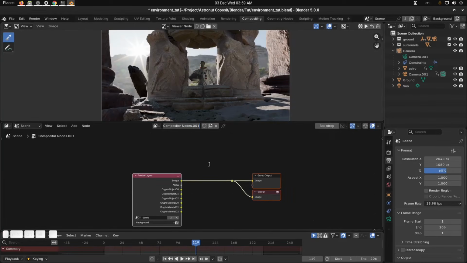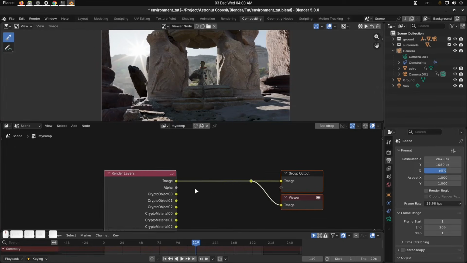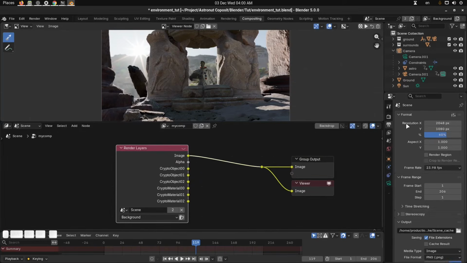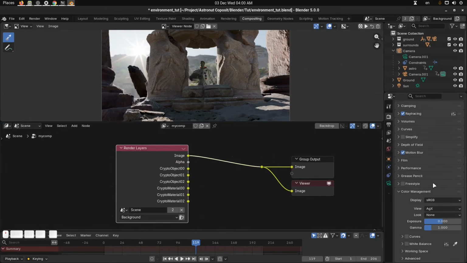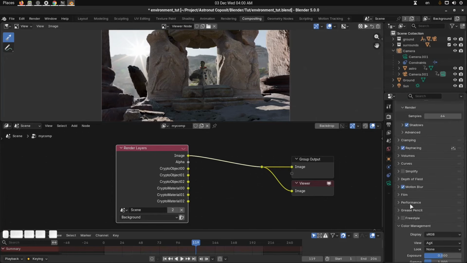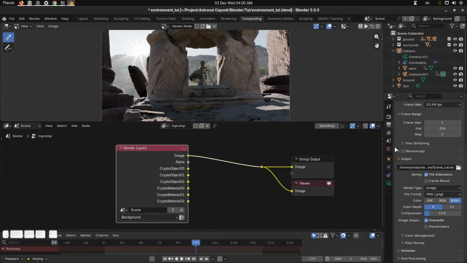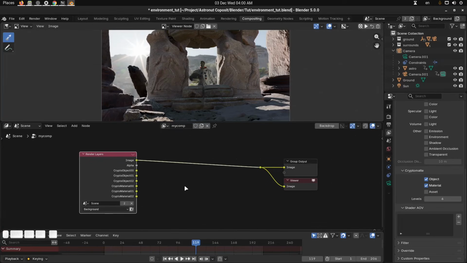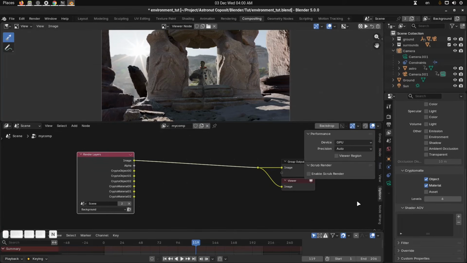Let's name it my comp, something like that. Okay, and I'm having this CryptoMatte. This CryptoMatte has come from here. I guess you all know about these things, so I'm not going to describe it a lot. So object and material. Anyway, what we want to do here is go to the option and enable